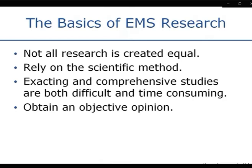Some is animal research, some is human research, some is randomized trial, blind, double placebo, all kinds of different things that are out there as far as the method of how they do medical research. And so you need to rely on the scientific method that is going to produce the most accurate result for what you're looking at. Exacting and comprehensive studies are both difficult and very time-consuming, and the problem with time is,